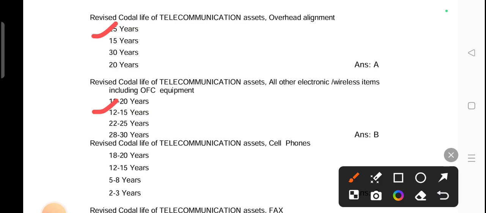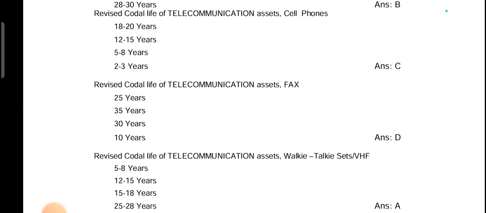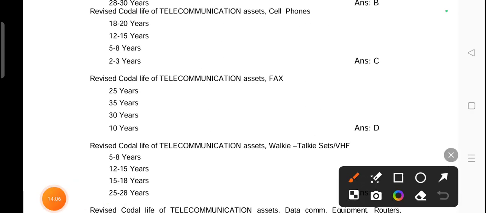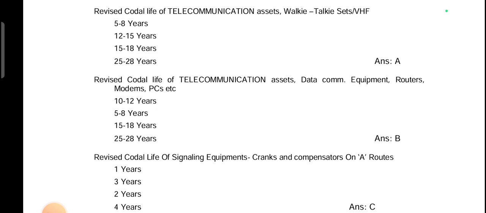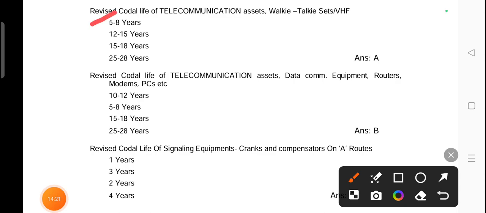Next, revised codal life of telecommunication assets, cell phones: 5 to 8 years. Next, fax: 10 years. Walkie-talkie sets VHF: 5 to 8 years. Data communication equipment, routers, modems, PCs etc.: 5 to 8 years. Next, revised codal life of signaling equipments, cranks and compensators on A routes: